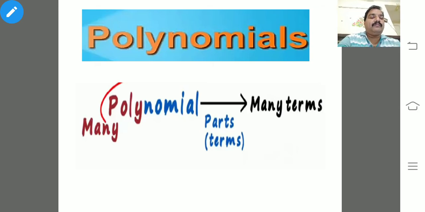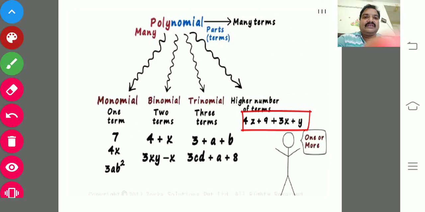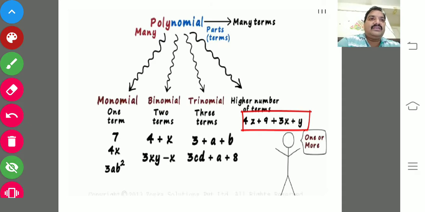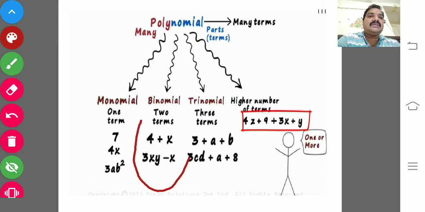Already in previous classes, from 6th class onwards, algebraic expressions have been there in your mathematical classes, so you already know all the terms related to that. Here some examples are there. In an algebraic expression, if you have one term, like 7, 4x, 3ab square, such algebraic expressions are called monomials. And if the algebraic expression has two terms, like 4 plus x, 3xy minus x,